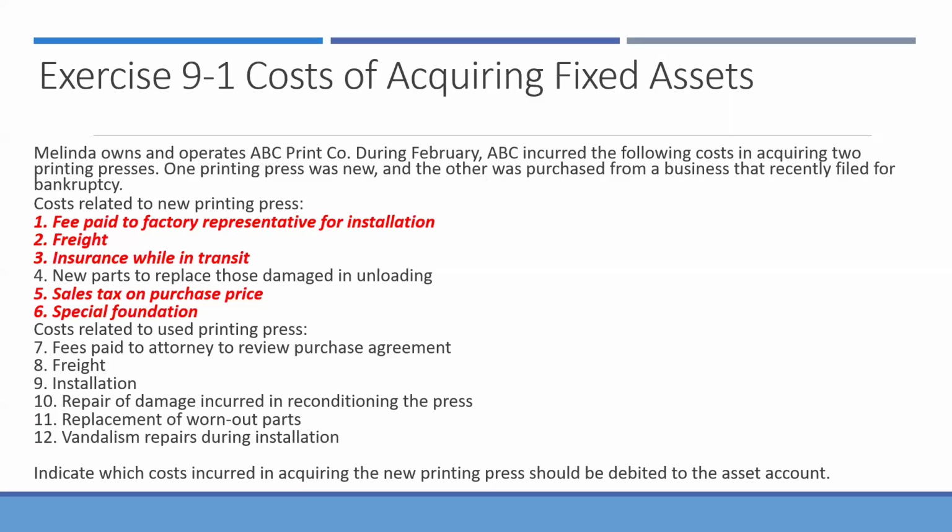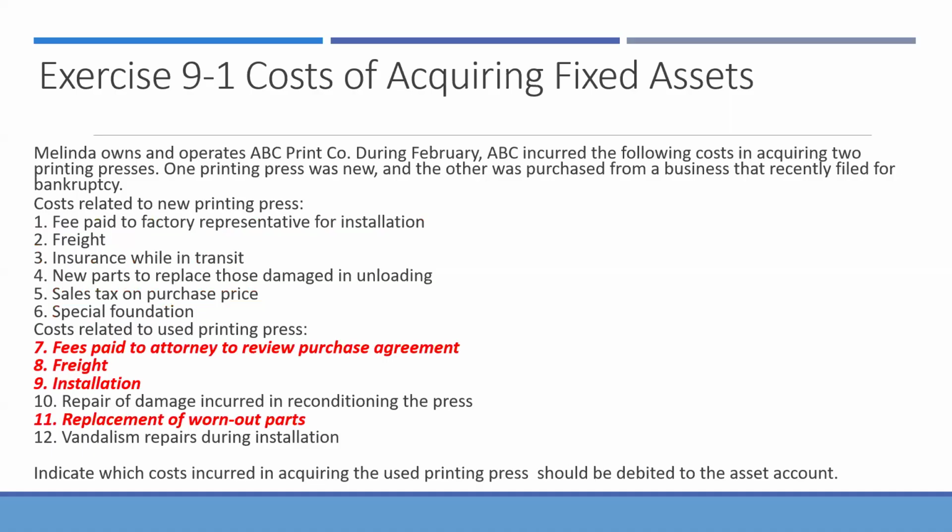The freight, the insurance in transit, the sales tax on purchase price, and the special foundation for the new asset, not included the parts used to replace the damaged parts from the unloading process. And for the used, we're including everything except for the repairs incurred in reconditioning the press and the vandalism repairs during the installation. And the costs that we do include, right, freight, installation, repairs of the worn out parts, fees